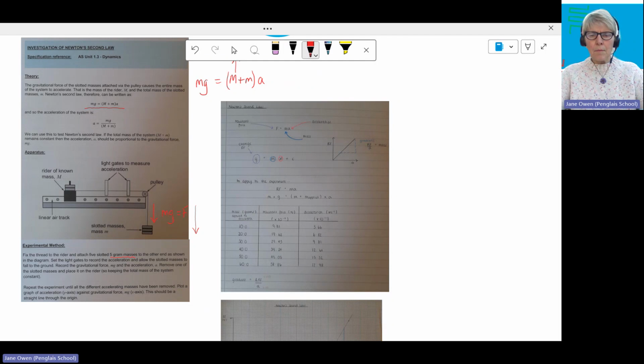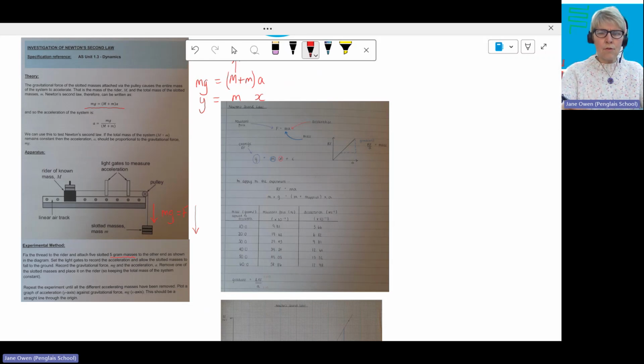So we're changing the little mass m. We're fixing the rider, big M, but the little m gets changed because the resultant force gets changed, and therefore the acceleration changes. So we have it in our format of y equals mx,